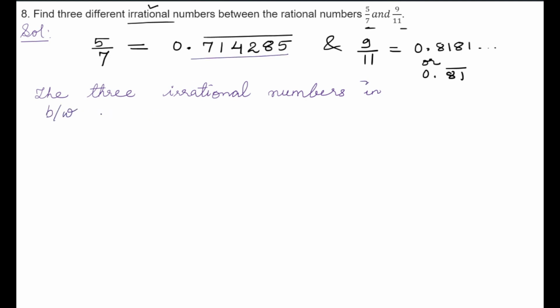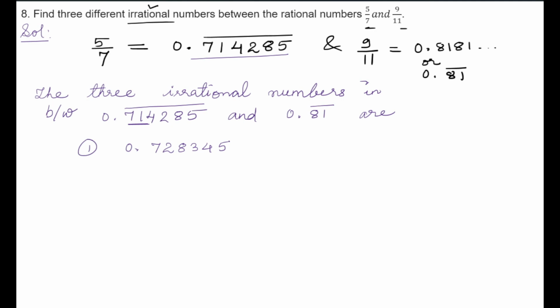Now I'll take these numbers. So in between 0.714285 bar and 0.81 bar R. So number one could be 0 point, let us take instead of 71, sorry, 71, let us take 72. So 72, and let us write any number after that. So we can write any number after it, right? So actually this number, what I am writing here, will fall in between these two numbers. So this is one of the numbers, and you can just put three dots representing that it is endless,